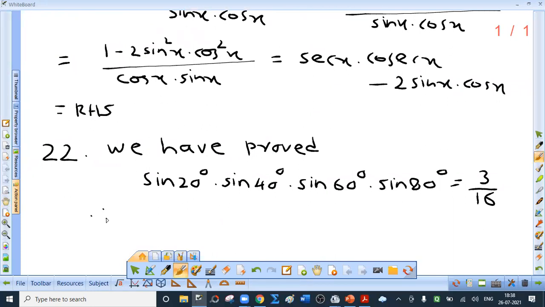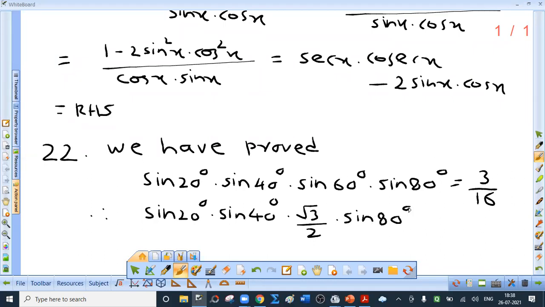Therefore, sine 20 degree into sine 40 degree into, what is sine 60 degree? Root 3 upon 2, into sine 80 degree equals 3 upon 16,